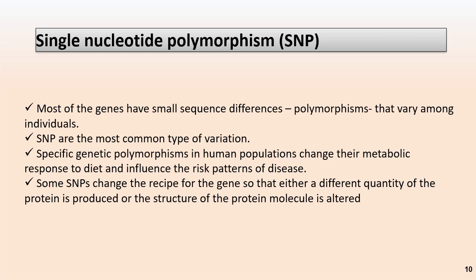Next topic is the single nucleotide polymorphism. In a single nucleotide polymorphism, a specific gene polymorphism in the human population changes metabolic activity. After the metabolic response changes, a particular diet can influence a particular pattern of disease, and